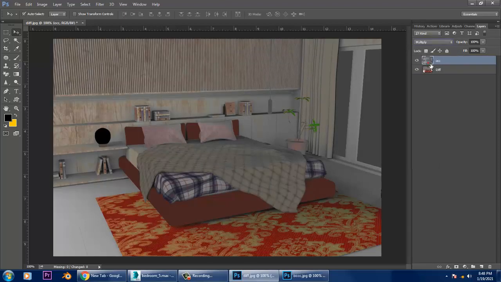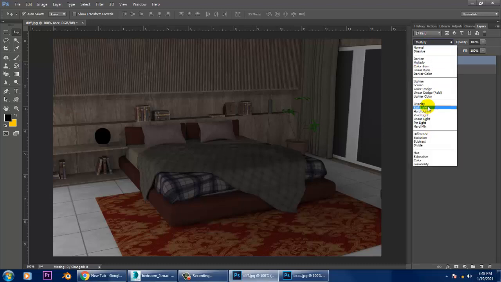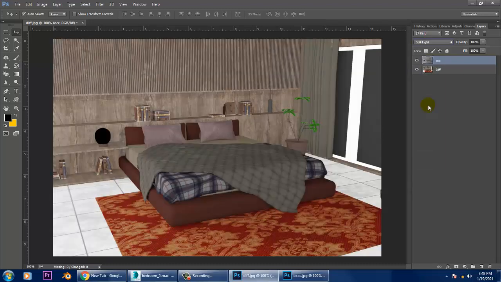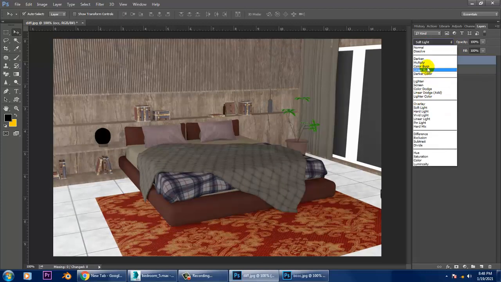Can you see the depth here? You can see the depth. You can go through any of the blending modes if you want, but for now we'll just keep it as multiply.